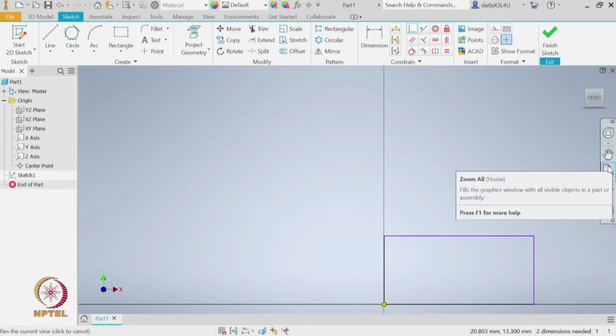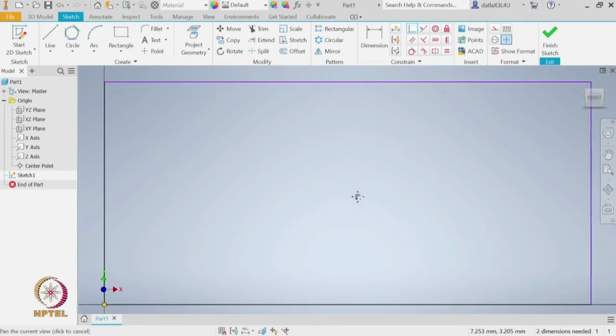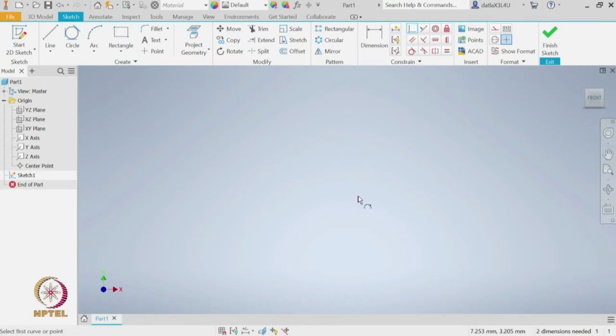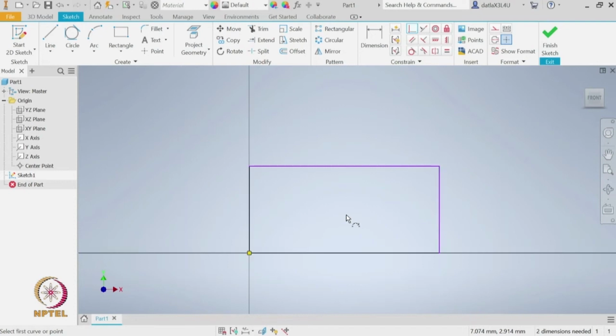Now again, let us do zoom all. Probably this is a bit high. We can also use the wheel in the mouse to zoom in and zoom out. Okay. We can see that two of the lines of the rectangle have turned black, but there are two others which are still blue. The reason is we still did not define the dimension. Whatever dimensions it has taken now is automatically generated by the software,